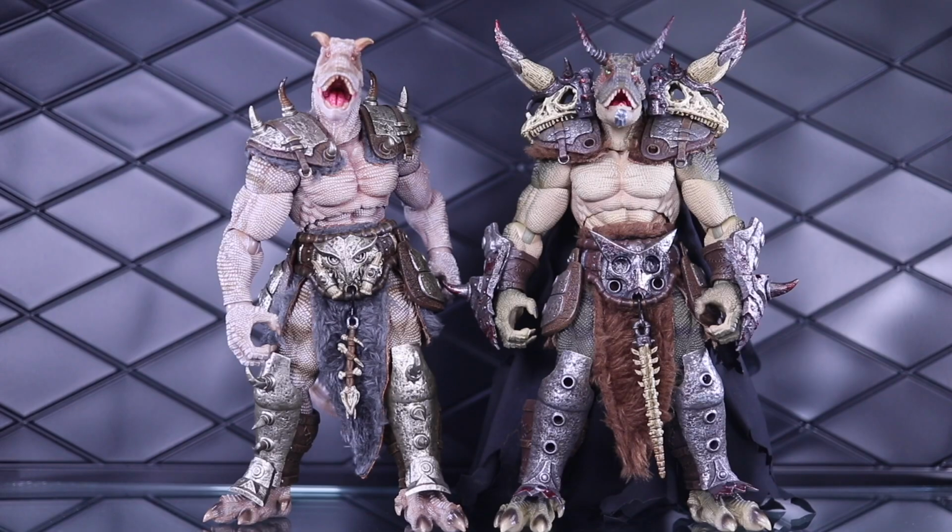And then here's the new leader on the right next to the previous figure, the Warrior, on the left, so you can get a look at how those compare. Of course, they're essentially the same figure with a few little tweaks to the new leader, particularly some new armor